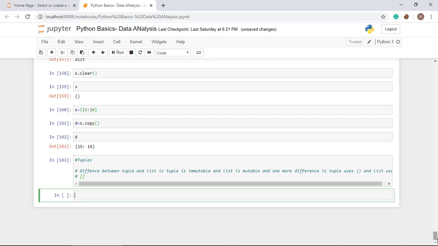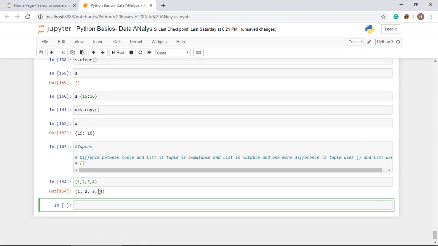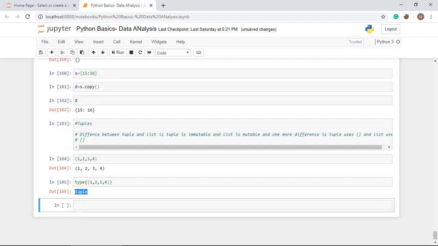Alright, how can we create a tuple? Just put the values in parentheses in the same manner as we have done before. How can we say that this one is a tuple? Use the type function and put all the things here, 1 comma 2 comma 3 comma 4, and it will give you tuple, meaning the data type of this is tuple.